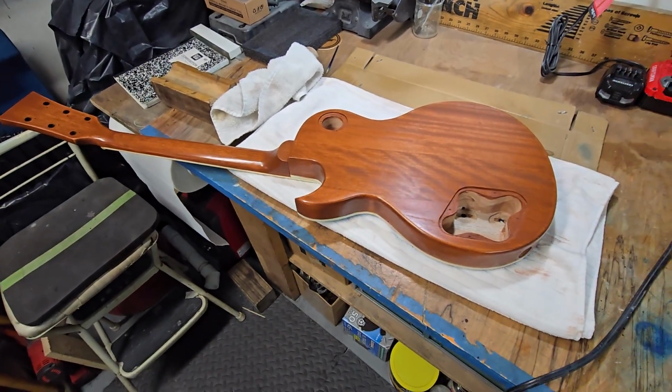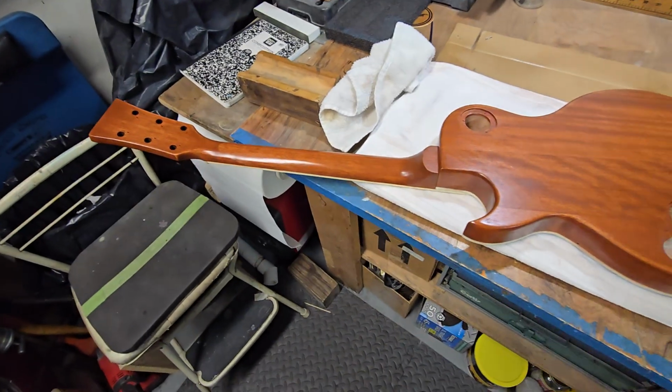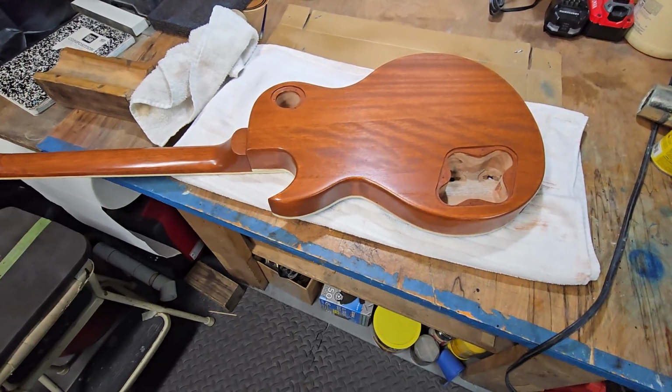Somewhat of a quick video on the Jaymz kit I got from Amazon. I picked this kit up about a week or so ago, so I've been messing with it for about a week. I got the neck glued on. This is a